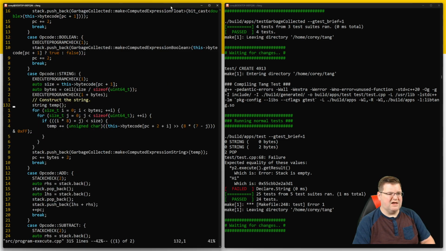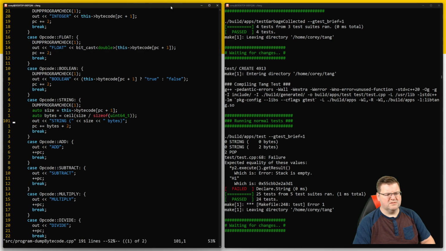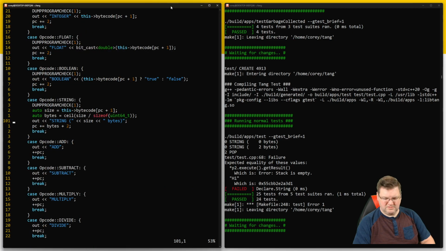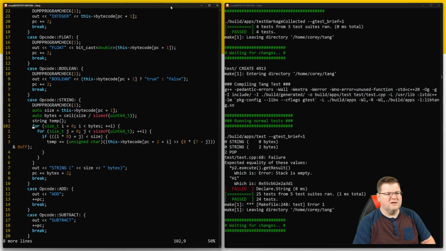So can I just yank this? And say bytes size string